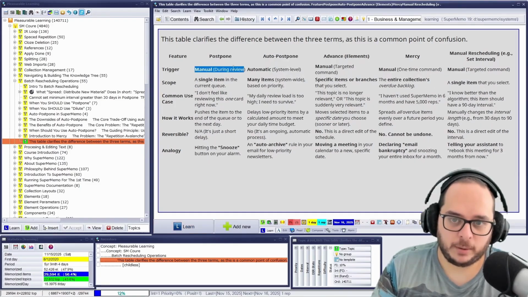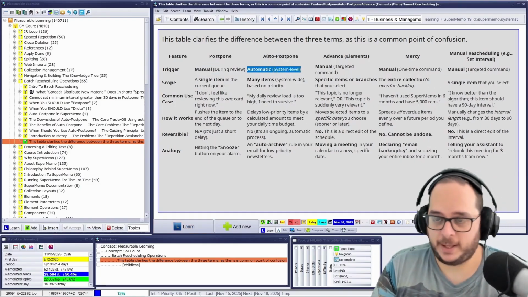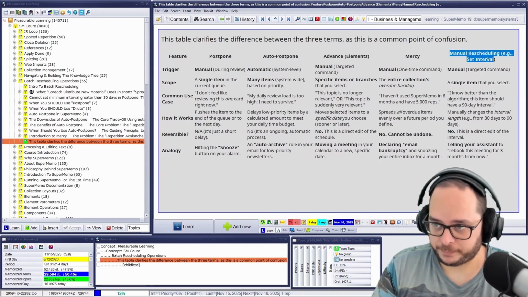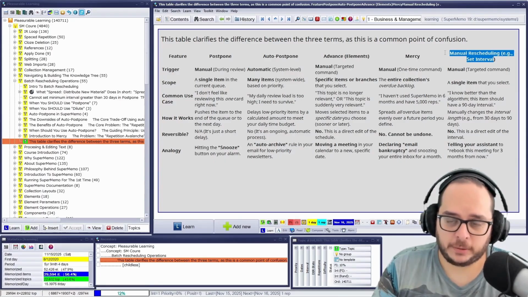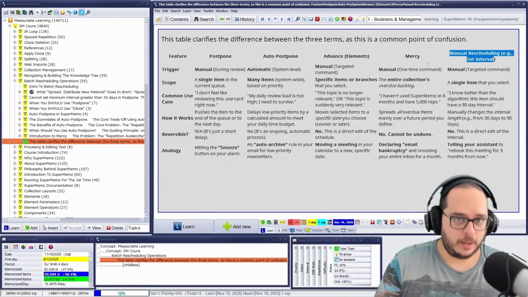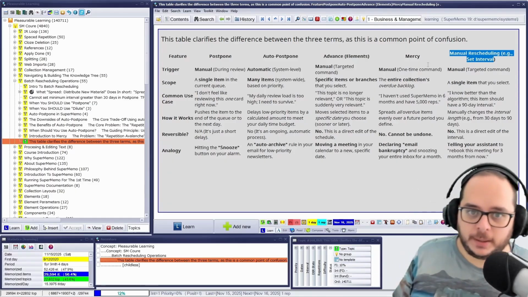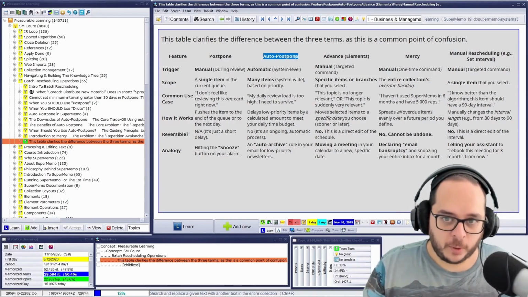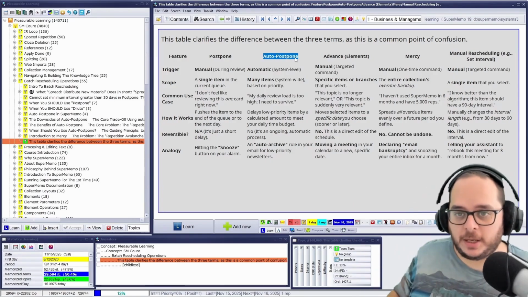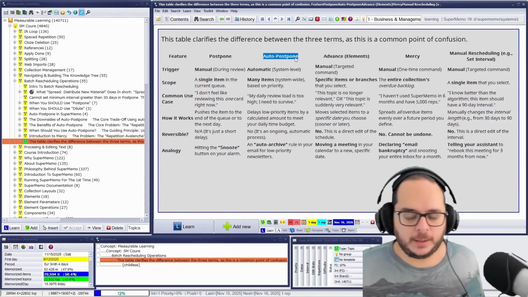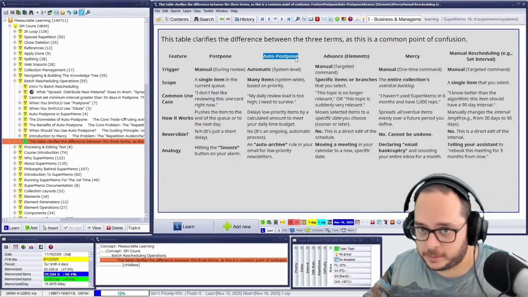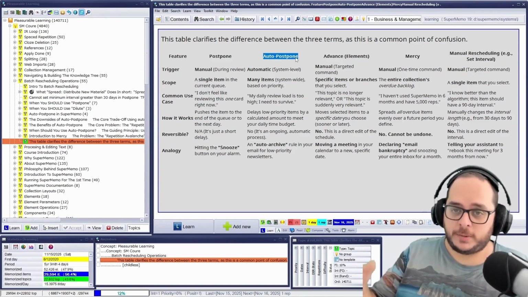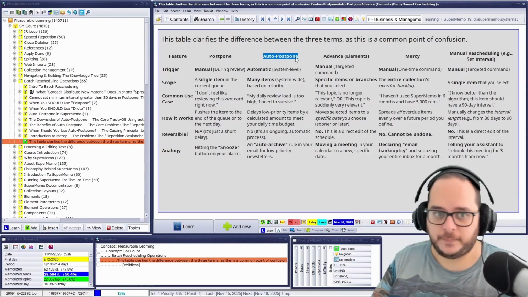Postpone is manual, and autopostpone is automatic. The name says that. Advance and mercy and everything else are manual, can be triggered with one command, perhaps directly, or perhaps through the browser. But it's always manual. You decide to do this, with the exception of autopostpone, where you decide to check the box so this executes once every day cutoff in SuperMemo. Collection: remember, it's a collection setting. If you have multiple collections, you will experience this once per collection.